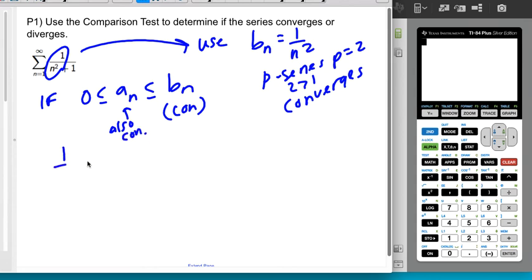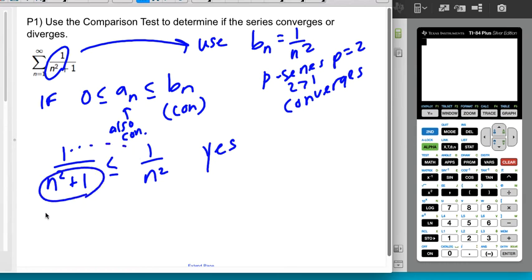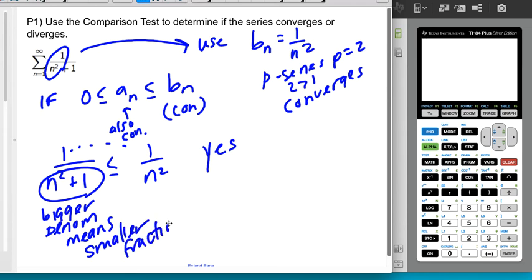Well, is 1 over n squared plus 1 less than or equal to 1 over n squared? And the answer is yes, because the numerators are the same, and a bigger denominator means a smaller fraction. Check, this is true. So since this converges and this value is smaller than this value, and this whole thing was my a sub n,